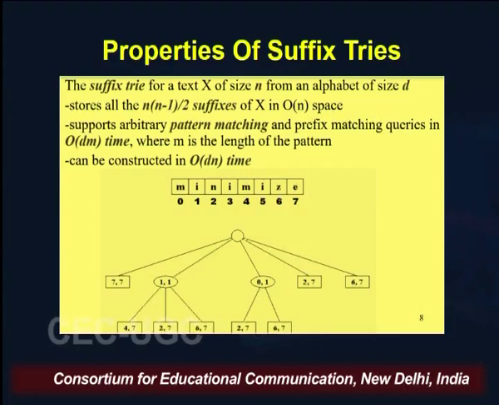So, what we have seen till this point is we started with a compressed version of trie, then we looked at how this compressed version of trie can be represented in a more compact manner. Then we tried to understand what actually a suffix trie is, and how the concept of suffix trie and the compact representation of a compressed trie can be combined in order to have the advantages of both. Now, if we look into the practical problems or the application scenarios in which